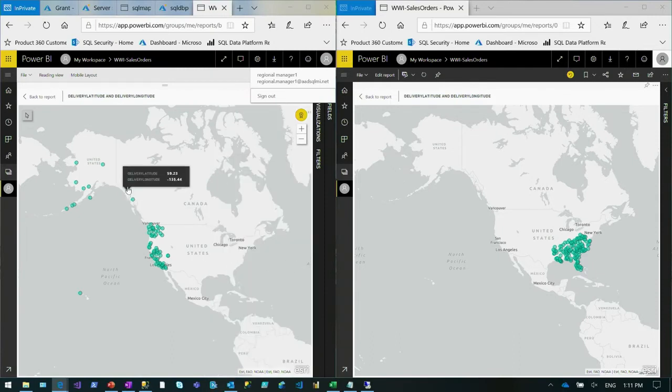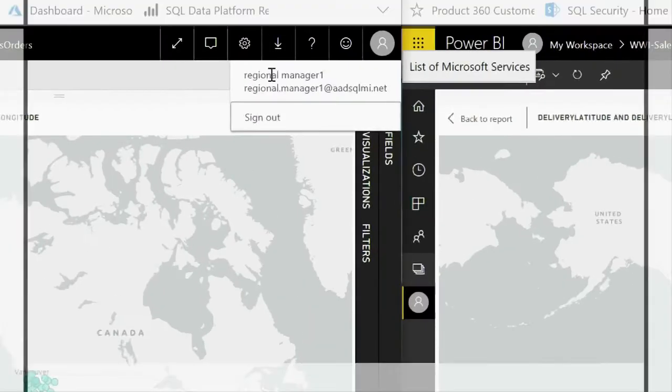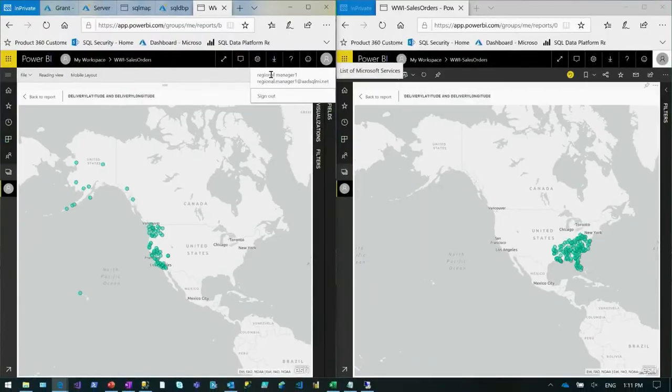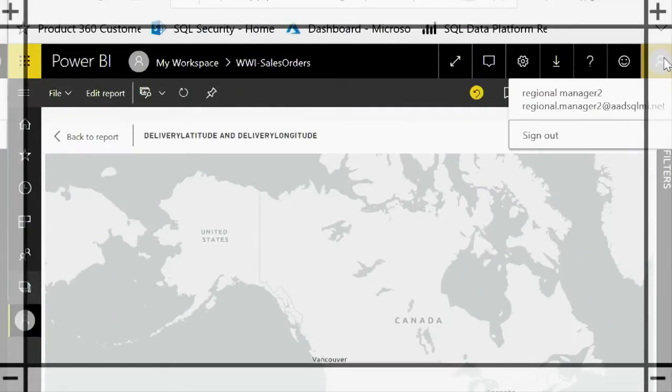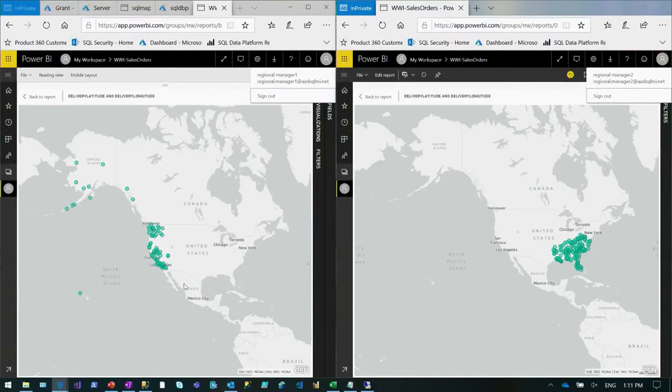Okay, so here I'm logged in with regional manager 1. Let me see if I can zoom in on this. There we go. And over here I'm logged in with regional manager 2. There we go. And so the point is that when your customers, your users are now using this app, what